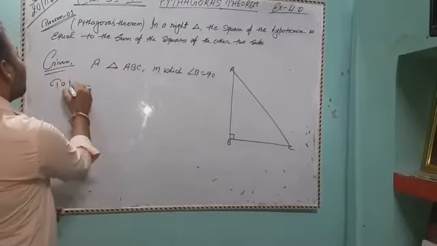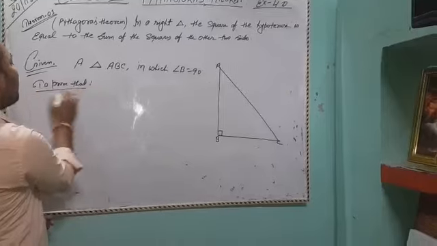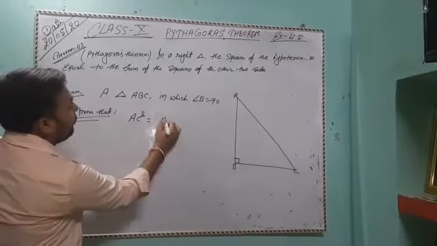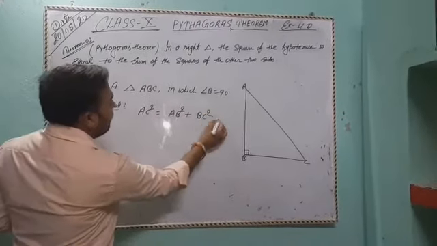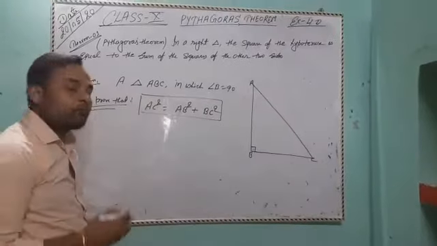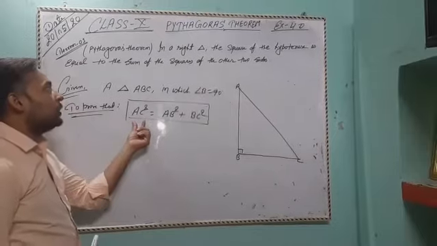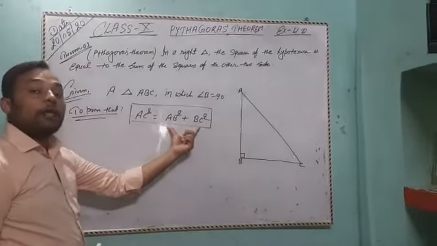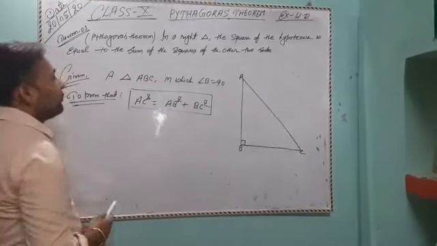To prove: AC square equals AB square plus BC square. That is, the square of the hypotenuse is equal to the sum of the squares of the other two sides of a right angled triangle. Okay, so students,